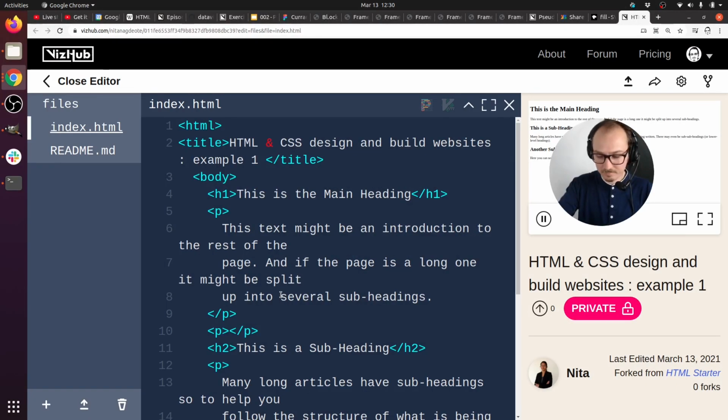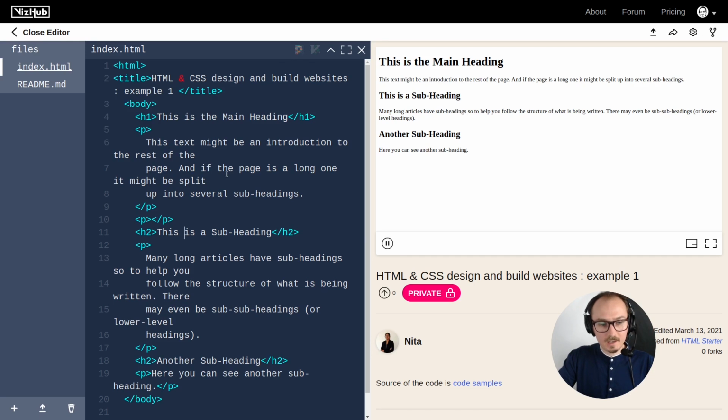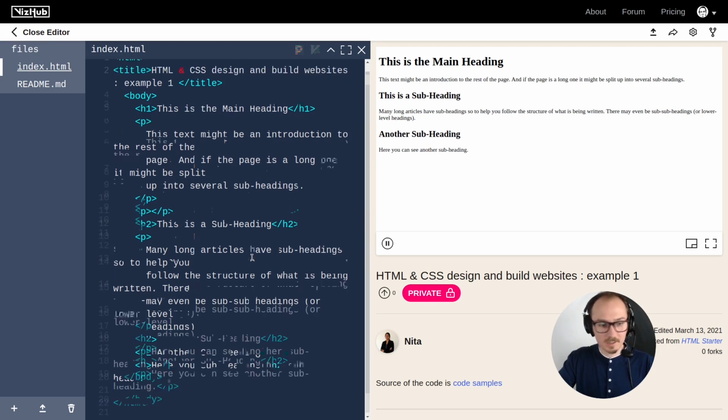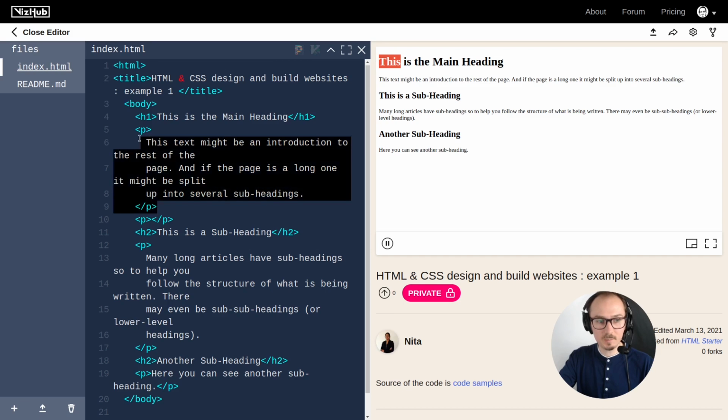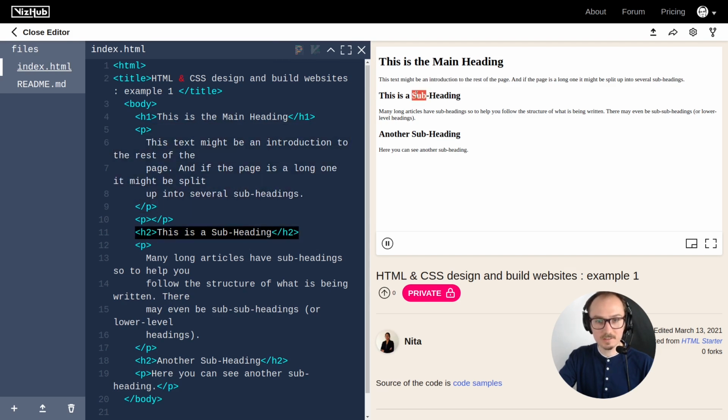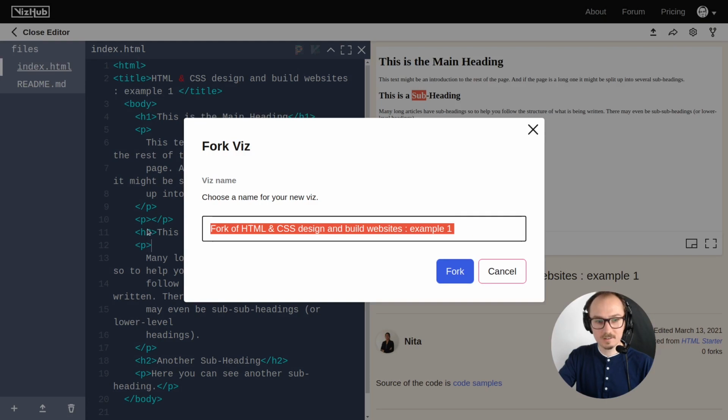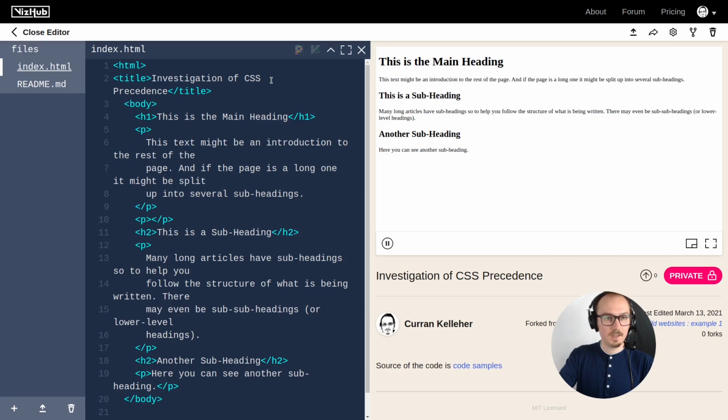Yeah, let's find out. So here's this thing that Nita made that is sort of an exploration of basic HTML elements. There's the H1 element that ends up as this text. There's the P element, which is a paragraph. H2, which is this smaller text here. And I'm going to fork this and call it investigation of CSS precedence. And in here,